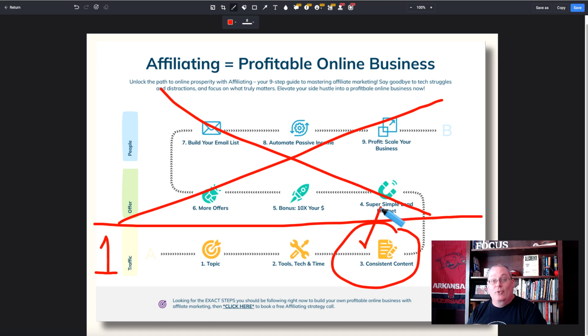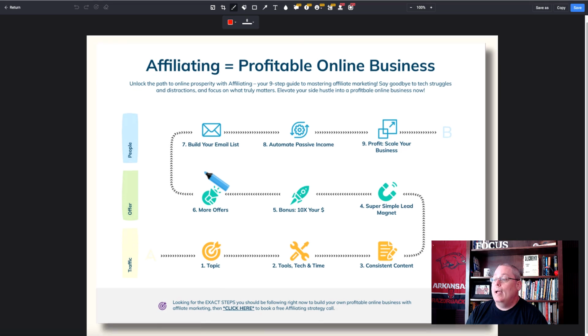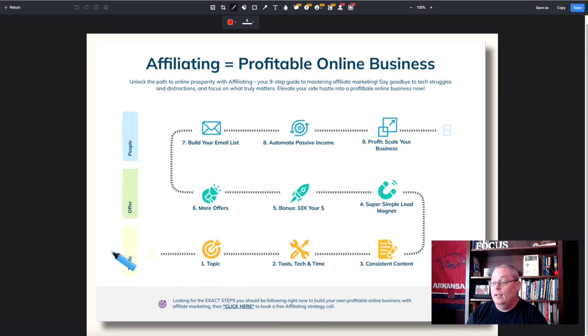People don't give you money for nothing. It just doesn't work that way. Okay, so now that we have that out of the way, let's actually dive into this and understand that this